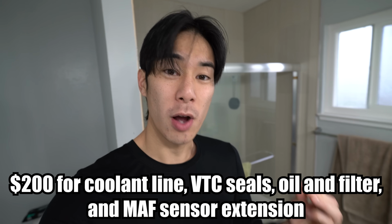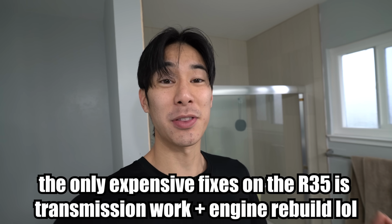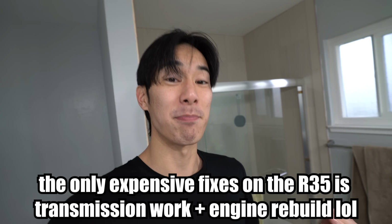As you saw, I did a lot of maintenance on the R35 in the past like 2 weeks. The total cost of all the fixes and all the maintenance has been around $200. The greatest thing about the R35 is a lot of the parts, for example, the VTC seals, are the same part number as a VQ. So they're the same part number as a 400Z, 370Z, 350Z, and the Q50s, which makes the parts very, very